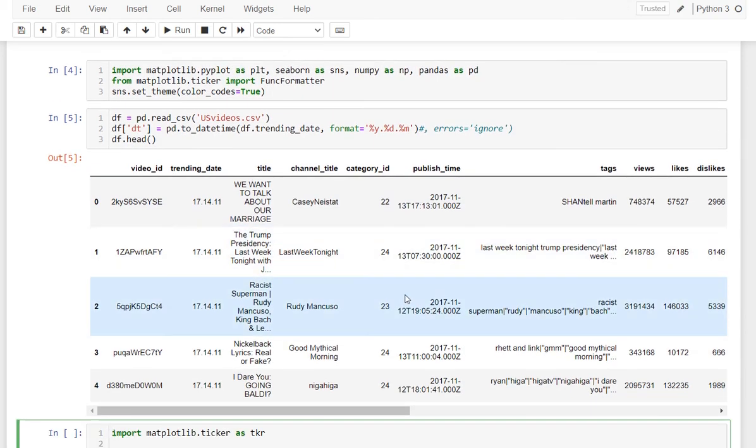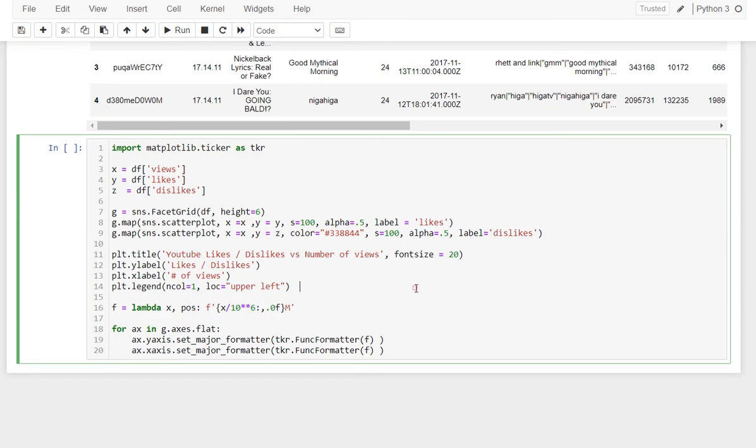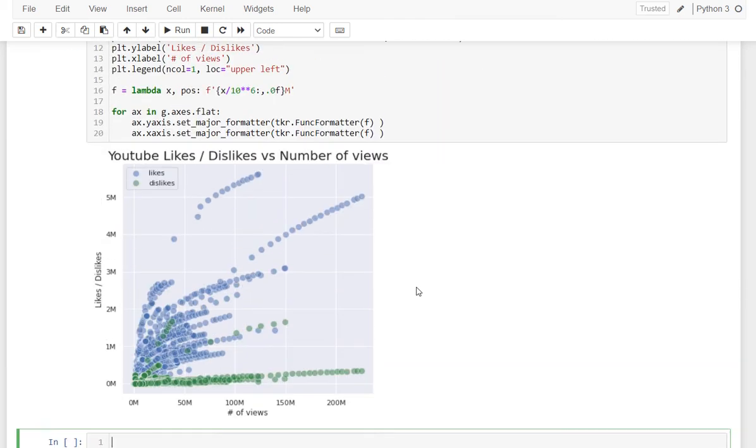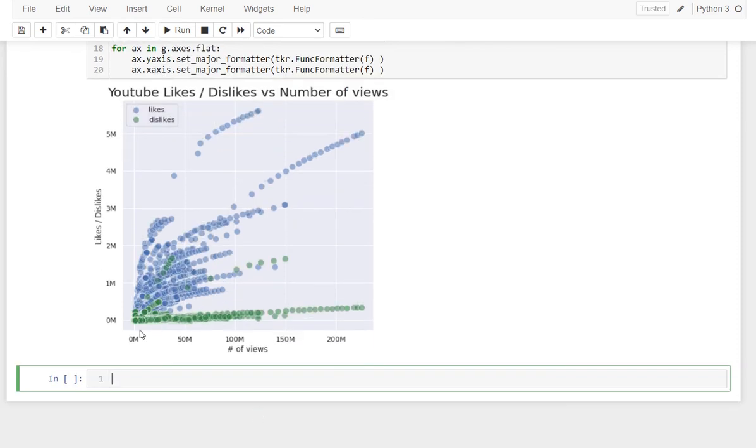When I look at tables, I get a little confused. A lot of times I like to be able to visualize them. So I'm going to insert some code here that I wrote real quick and was able to generate a scatter plot, likes versus dislikes. Likes are the markers in blue and dislikes are the markers in green. As you can see here, my x-axis is the number of views and my y-axis is the number of likes and dislikes,